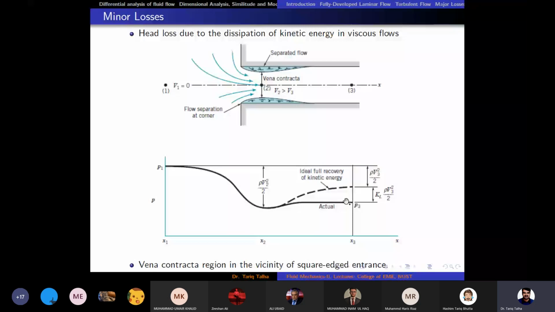Now, because these frictional losses occur due to this discontinuity of flow, that's why it comes under the umbrella of minor losses, not the major losses, because major losses only cover the friction losses in straight pipes. They don't cover the losses when the flow turns. So any discontinuity in the flow, the loss due to that effect, would fall under the category of minor losses. So now we have discussed the KL value for this.